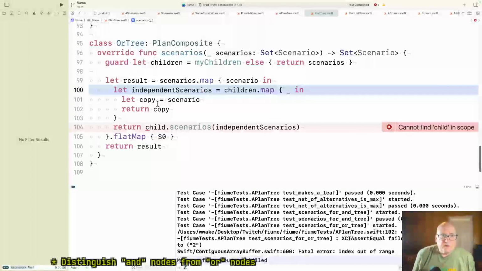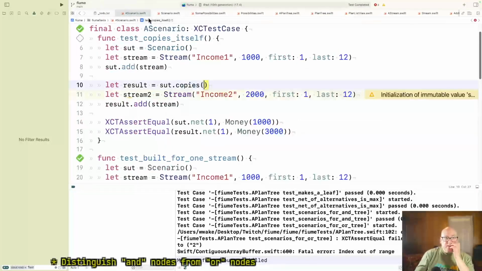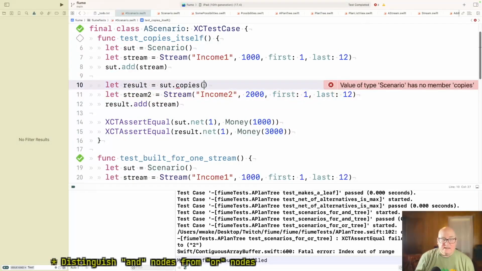Okay, so let's get the scenario test right first. And I think if you have 5 children, I want to get 5 copies of this thing. All right. All I'm asking for is copies. Okay, copies 2.